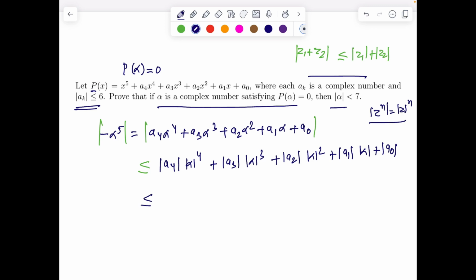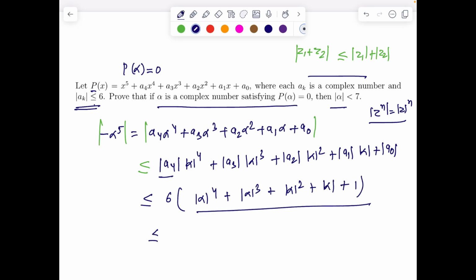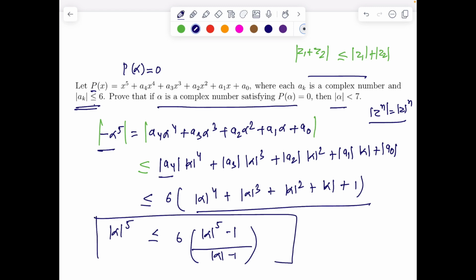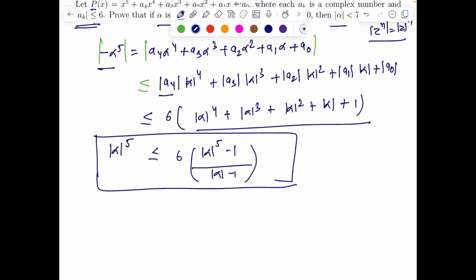Right? Now we know since all these a_i's are less than or equal to 6, it will definitely be less than or equal to 6 times of mod alpha^4 plus mod alpha^3 plus mod alpha^2 plus mod alpha plus 1. Now we can see x^4 plus x^3 plus x^2 plus x plus 1 is a standard GP. So that evaluates to mod alpha^5 minus 1 by mod alpha minus 1. So far so good. We found mod alpha to the power 5 is less than or equal to 6 times of